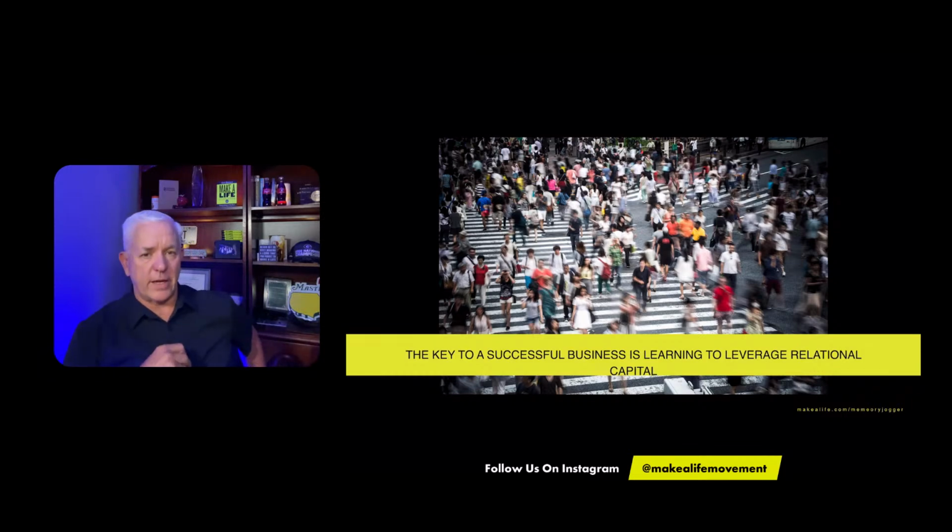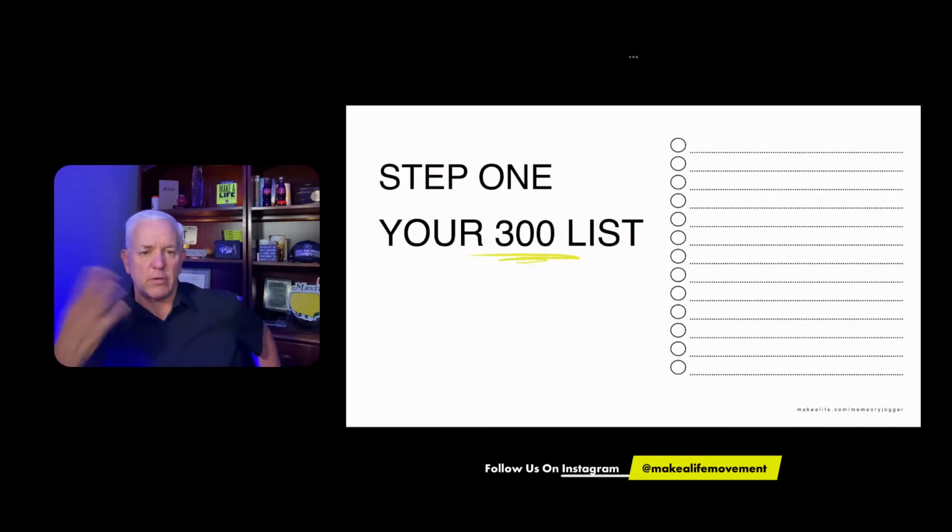You know, J. Paul Getty, who some of you younger people may not know who he is, but back in the Industrial Revolution, he was one of the richest men in the world. And somebody asked him, would you rather have 100% of what you could do, because you know you could get it done and make it happen, or would you rather have 1% of what 100 people could do? Hands down, 1% of what 100 people could do. He didn't want to trade hours for dollars either, okay? So that's what relational capital does for us. We have to learn how to invest it.